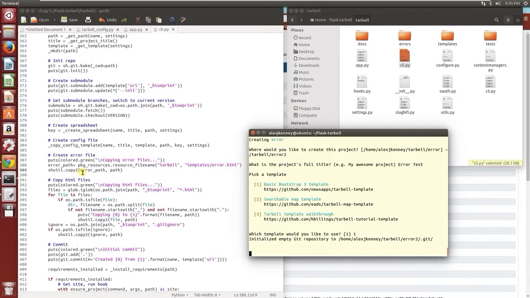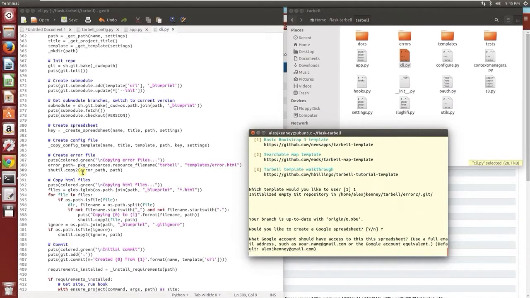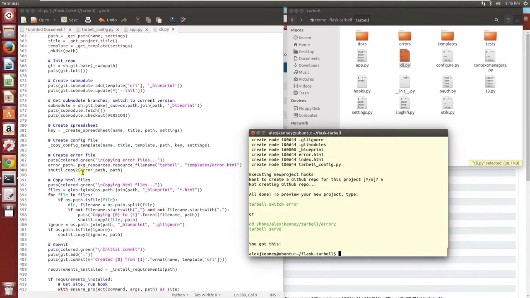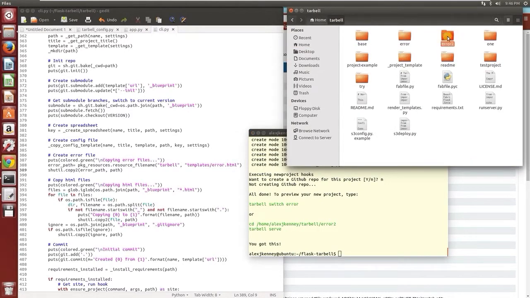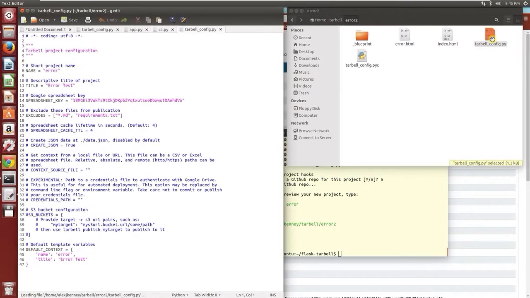Follow the same protocol. Yes. And once again, it should be all set. So I'll go back to the home, go to Tarbell again. Now I've got the error 2. You'll also notice that this error.html was included, so that's what these 3 lines of code did. And when I go into the Tarbell config and purposely mess up the file again,